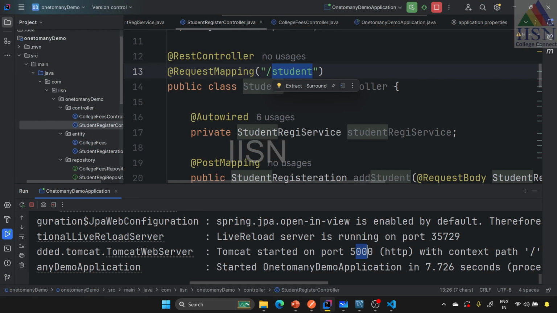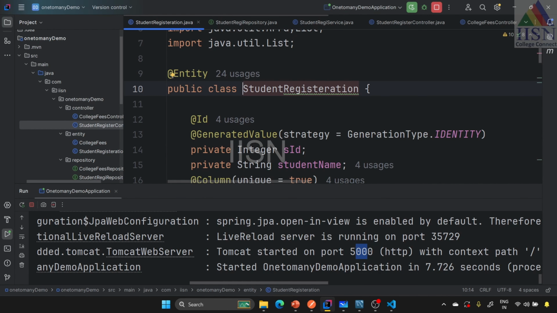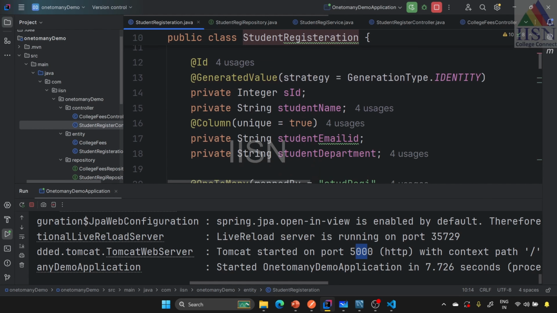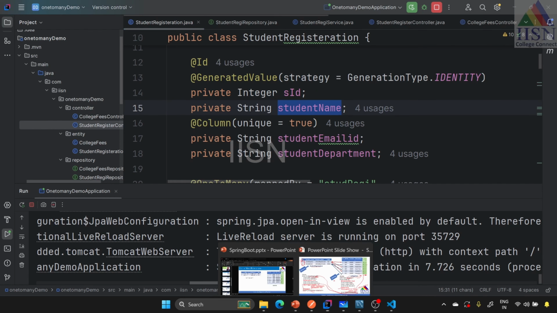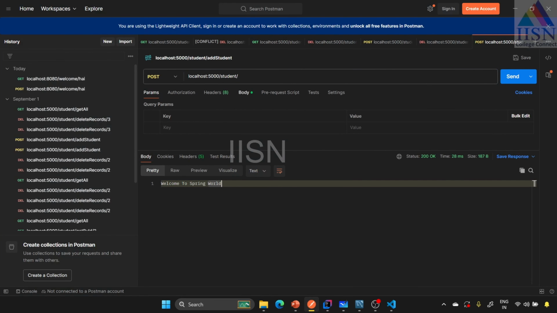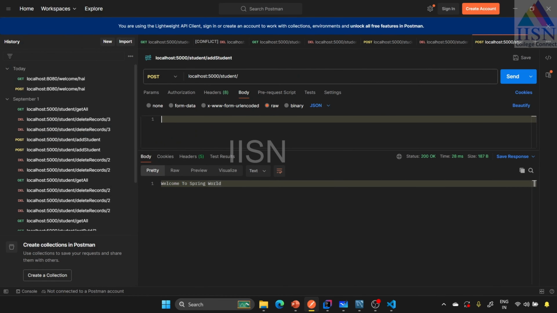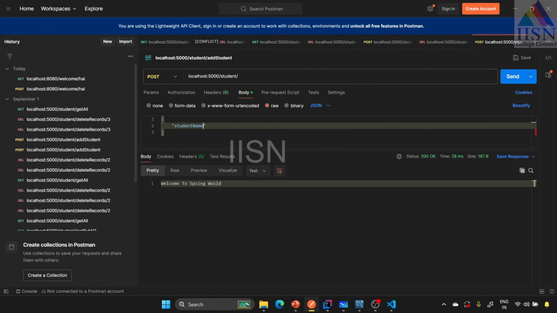Then I'm going to pass the endpoint for the post mapping. Here you see for post mapping, I didn't give any endpoint. Simply, I'm going to move to this entity class. I'm going to ignore this SID, because this SID is auto incremented. Then I'm going to call this in Postman and insert this body. I'm going to remove this, and in double quotes I'm going to mention the student name. The name of the student is going to be Vinod Kumar